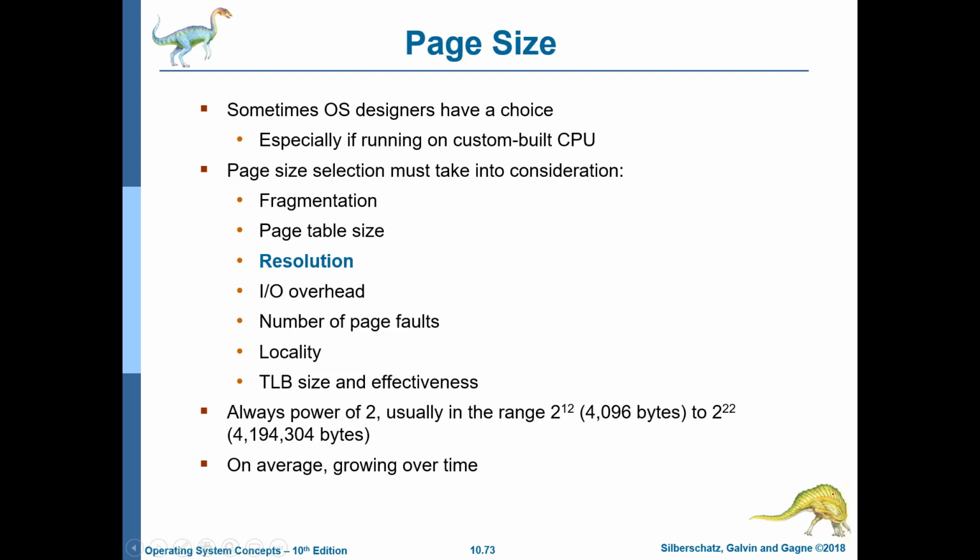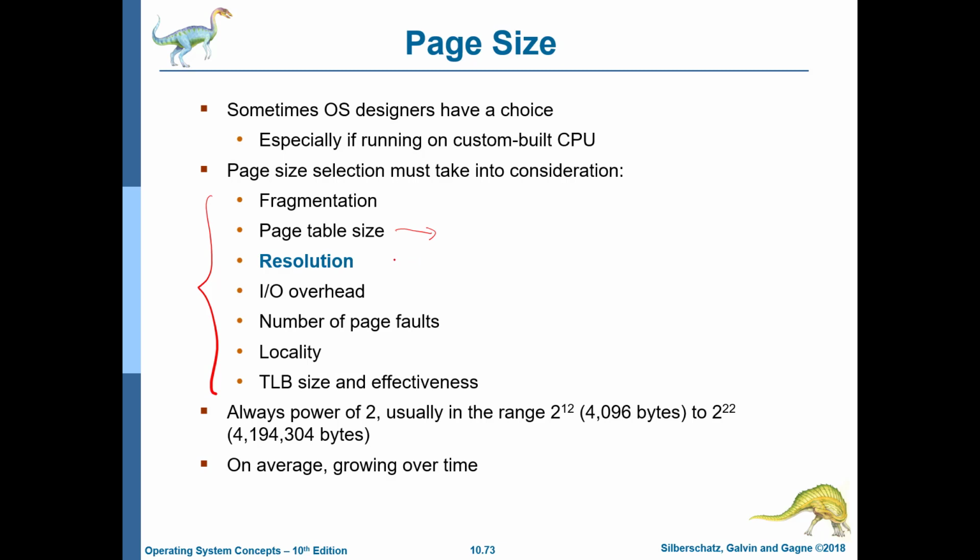Let's now look at the second lever that we have, which is changing the page size. In general, changing the page size on a stock commodity CPU is hard, because the page sizes are roughly fixed to be 4 kilobytes. So that is difficult. But let's say it's a custom CPU, or assume that it's an embedded CPU. At that point, we'll have to take these things into consideration. Notably, we will take fragmentation into consideration, in the sense that if it's a large page size, internal fragmentation could be an issue. If you have too many pages, the size of the page table itself could be an issue.